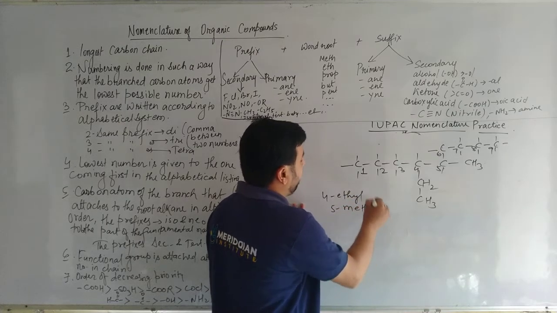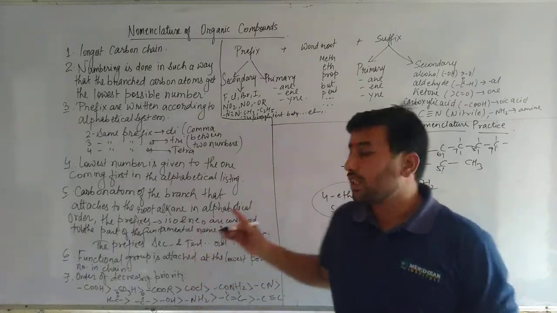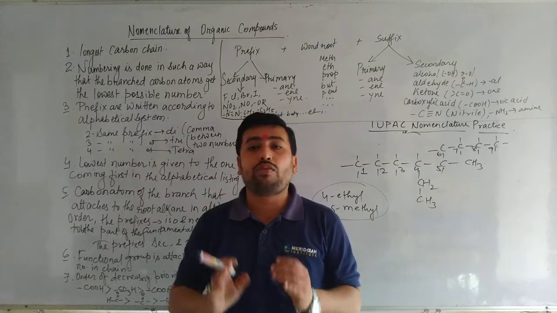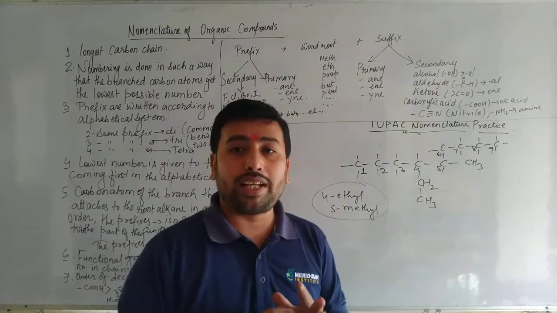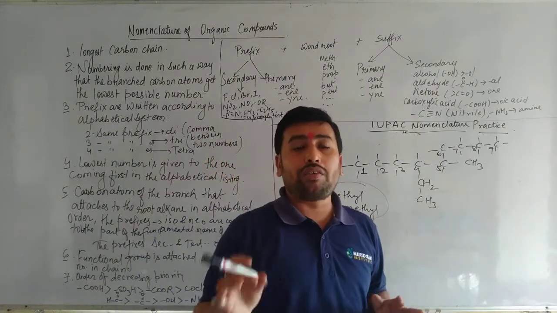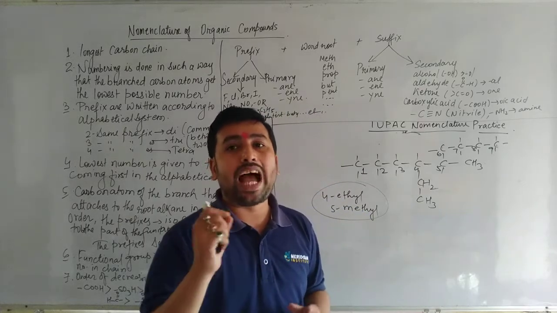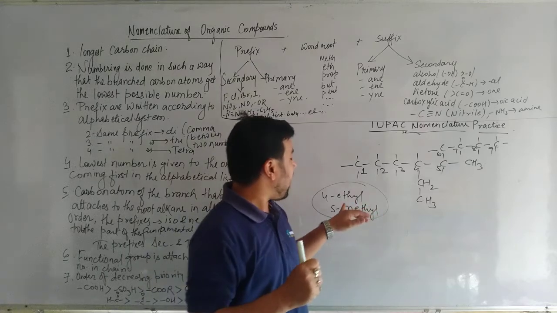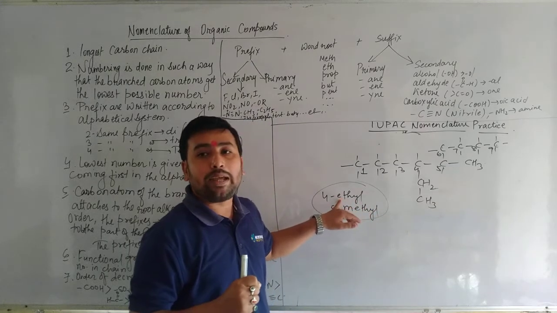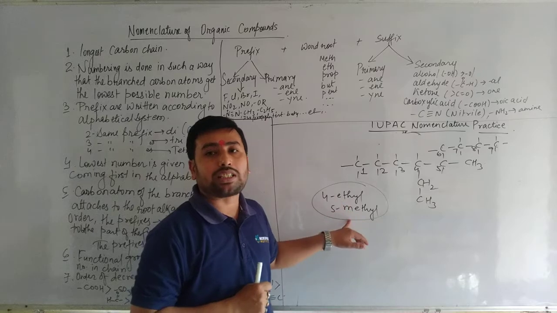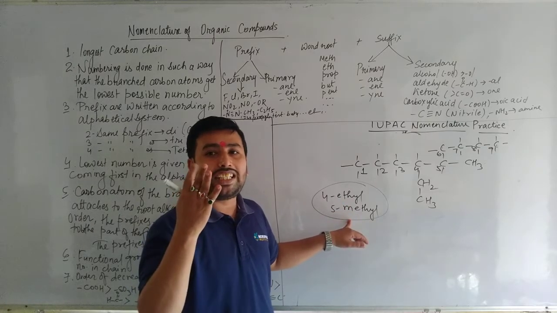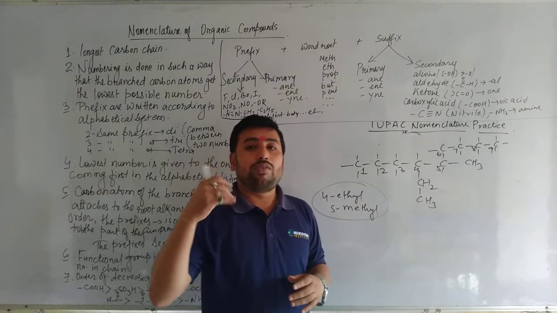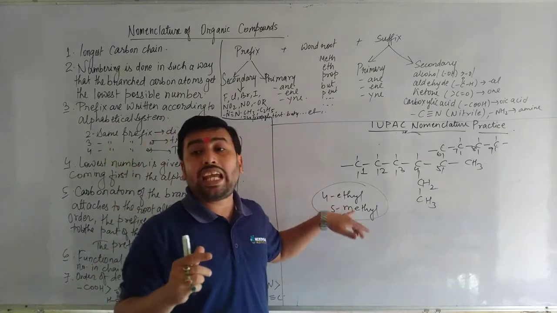So which word should we write first in the prefix? Prefixes are written according to the alphabetical system. Now alphabetical system means A to Z. Whatever word comes first, we have to write that prefix prior. Means here methyl and ethyl, you have to compare in ABCD, whether E is coming first or M is coming first. A, B, C, D, E. E is at the 5th position and M will go to the 13th or 14th position. So E will come first.